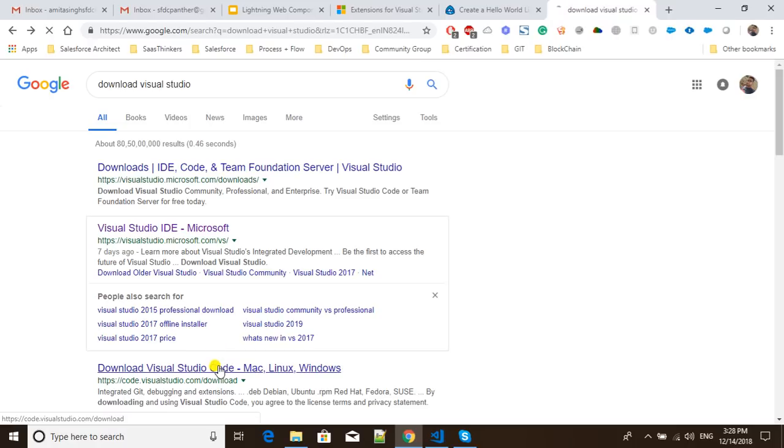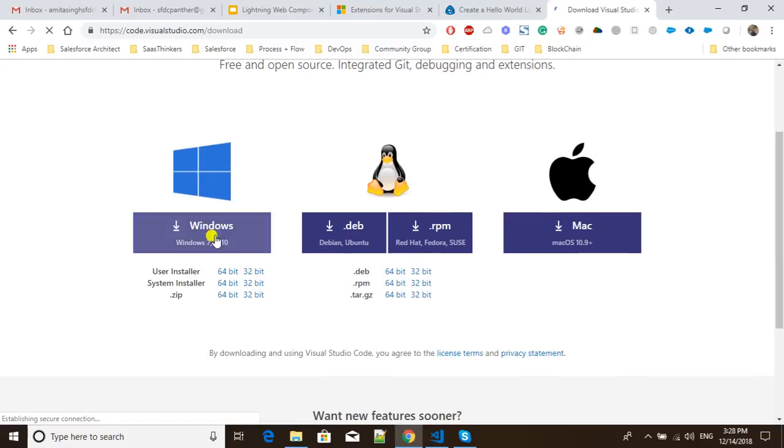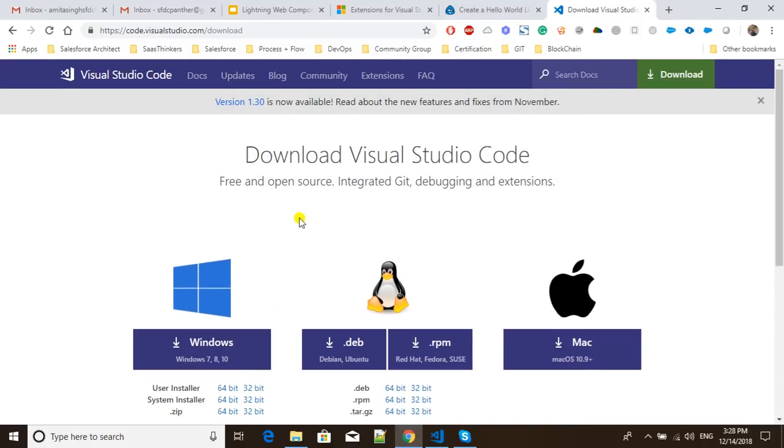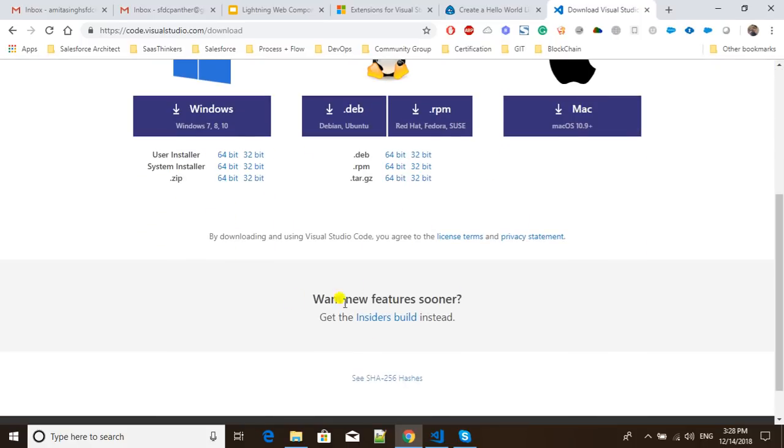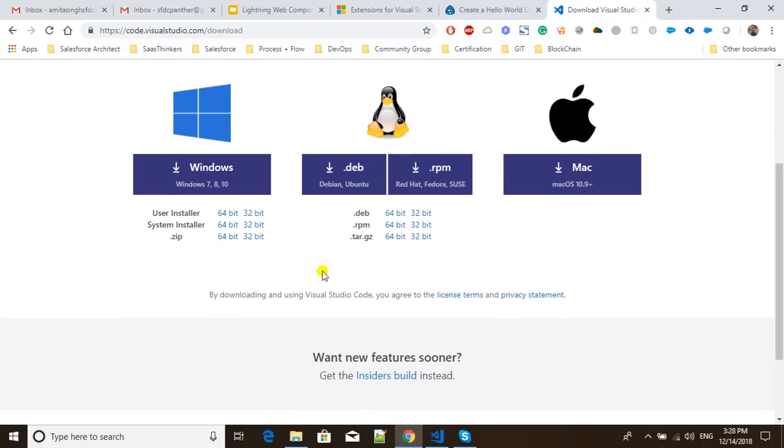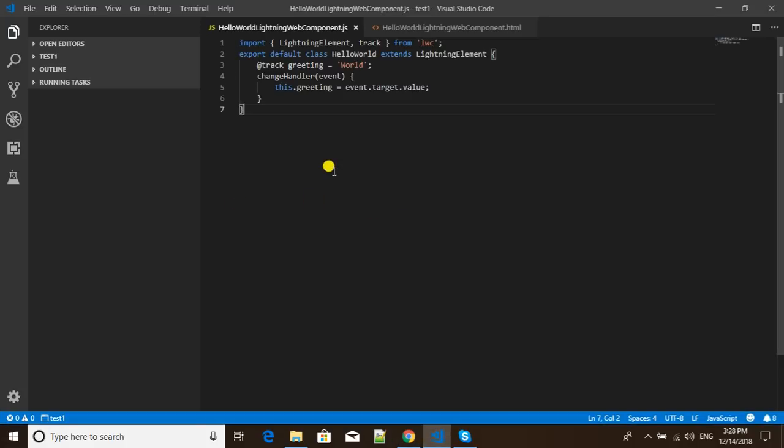For Visual Studio Code, you need to go here, code.visualstudio.com. Here you can download, like you can see Windows 7, 8, 10. You can just download whatever version your Windows is. For me it was 64, so I downloaded the 64-bit version. And then you have to install